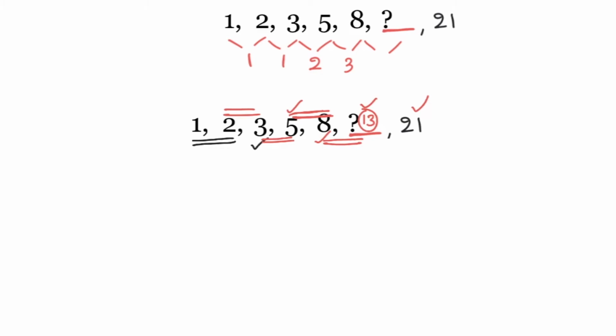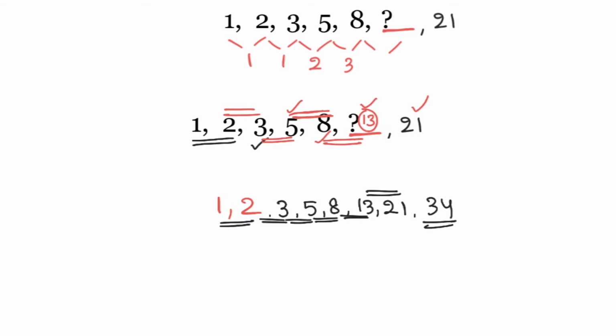It is balanced. See, 1, 2: to get the next term, add these two. 1 plus 2 is 3. 2 plus 3 is 5. 3 plus 5 is 8. 5 plus 8 is 13. 8 plus 13 is 21. If the next term is required, it is 13 plus 21, that is 34. So the logic is, if a series is given as A, B, the next term is A plus B.